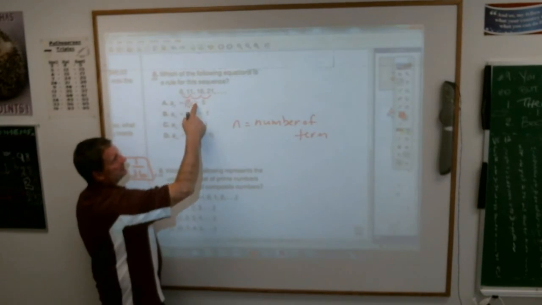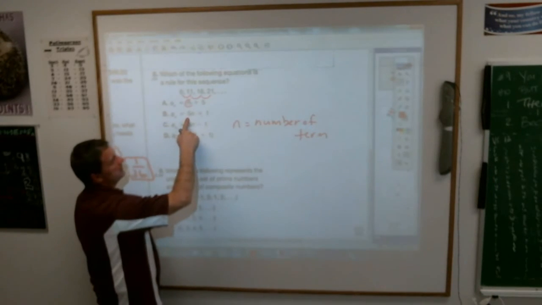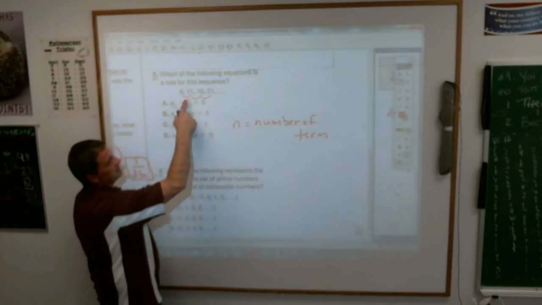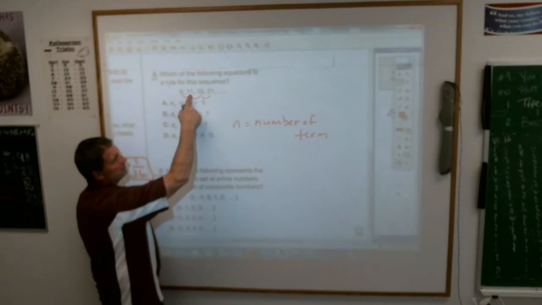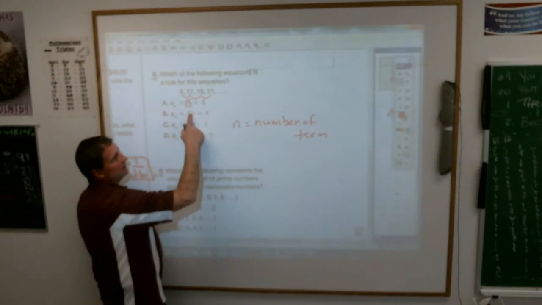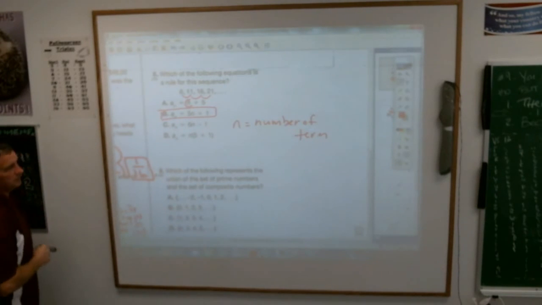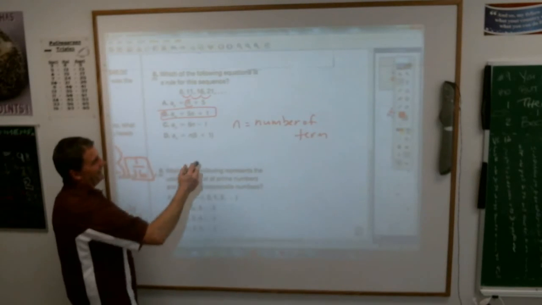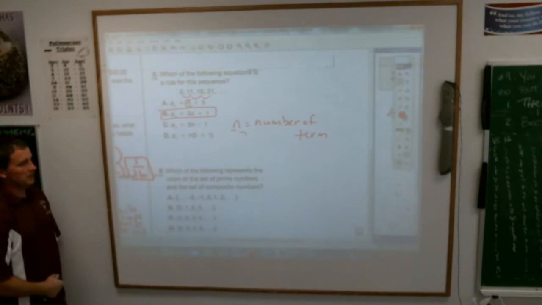My second term is 11. Is 2 plus 5 11? No. So I need to try this one. If I put a 1 here, 5 times 1 plus 1, 6? Yes. 5 times 2 plus 1, 11? 5 times 3 plus 1, 16? Yes. So this, by trial and error, is your answer. Remember, n is the number of the term you're looking at. And if you plug it into those things,